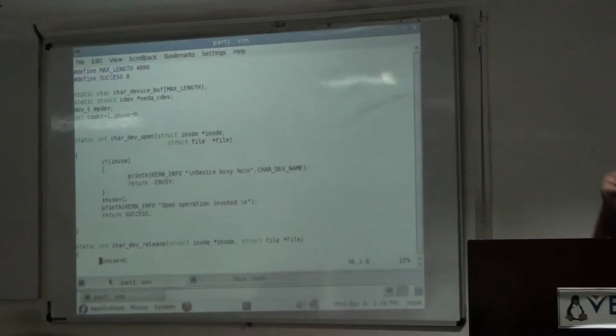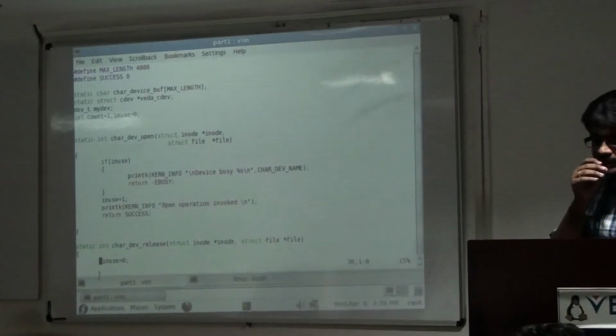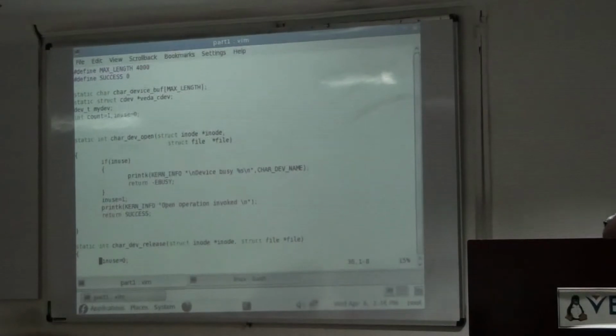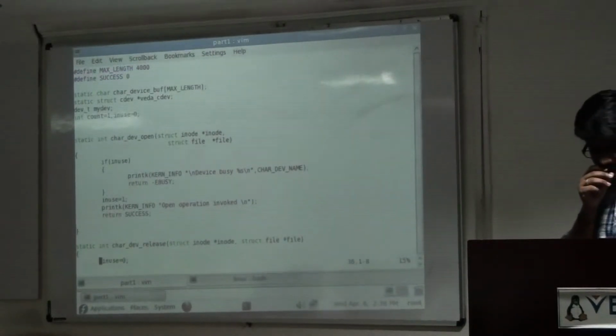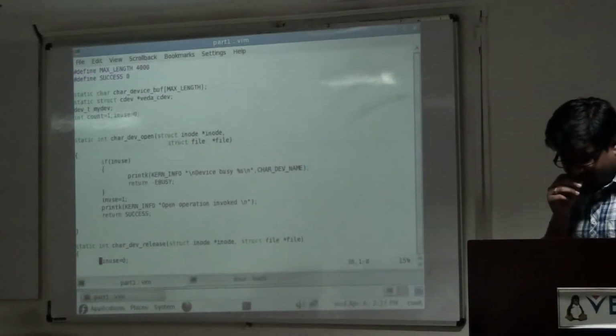Step 1: create a device node that represents the driver for user applications.